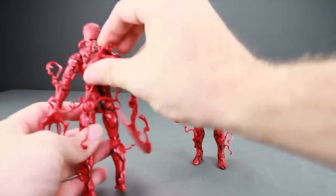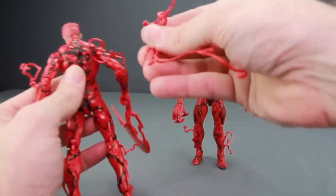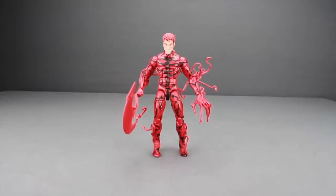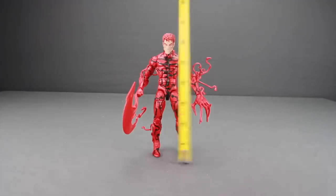Now you also get the little tentacle pieces that plug into the back of the figure, which you can remove just like on the original figure, and even the black markings and everything are pretty much the same as on the previous figure. And just in case you're not familiar with the Carnage figure, it stands right about 6.5 inches tall. And here's a